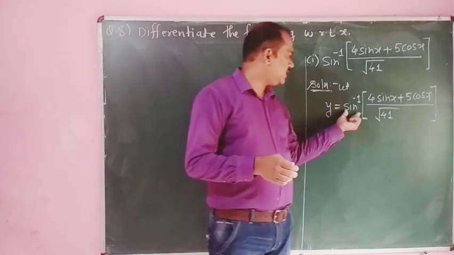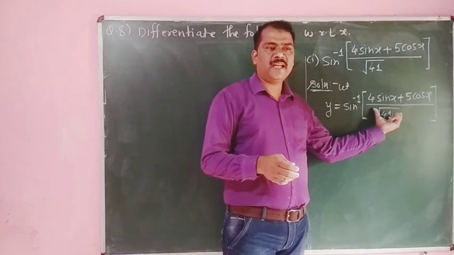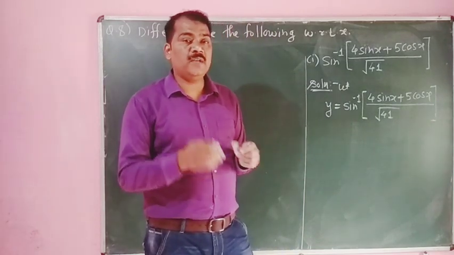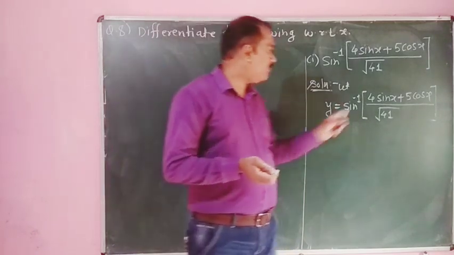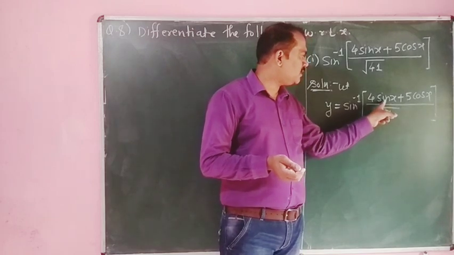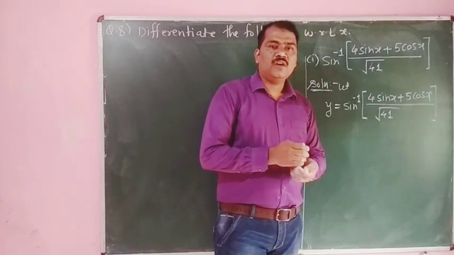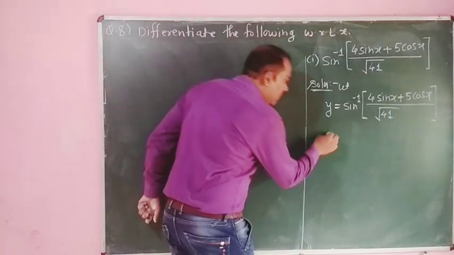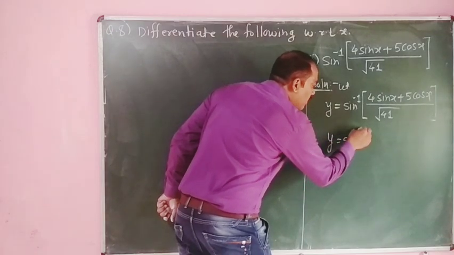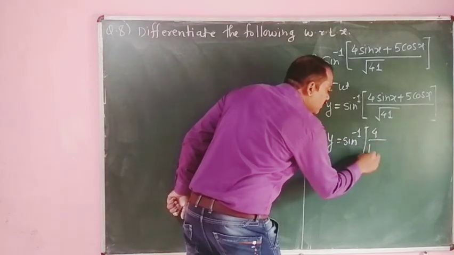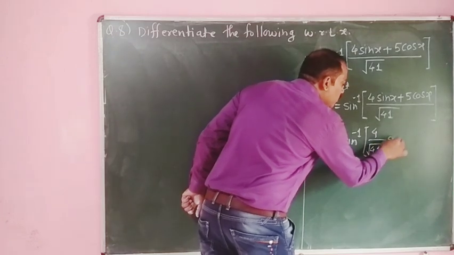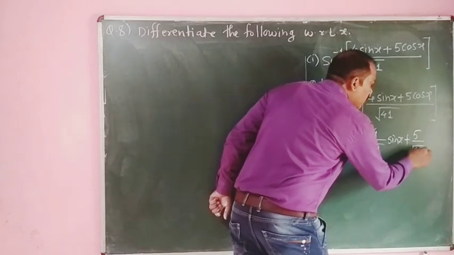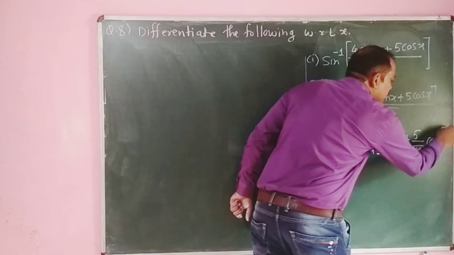We have to replace that theta by that x. So here sin inverse is there, which means we require the value of this bracket in terms of sin or cos. So we have to discuss some formulas related to this example. Here 4 upon root 41 into sin x plus 5 upon root 41 into cos x. We have to divide by square root of 41 in each and every term, so that we get y is equal to sin inverse of 4 divided by under square root of 41 into sin x plus 5 divided by under square root of 41 into cos x.